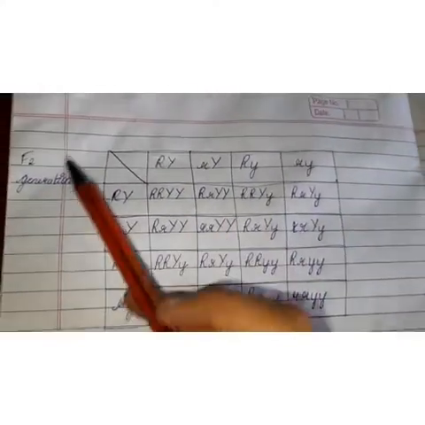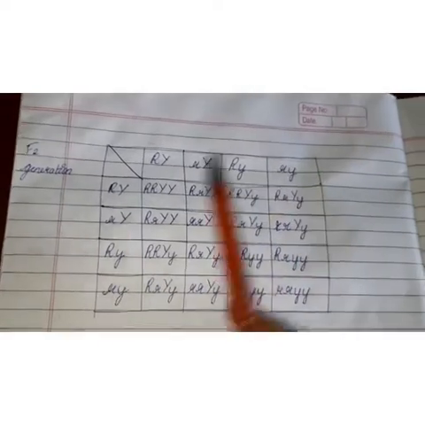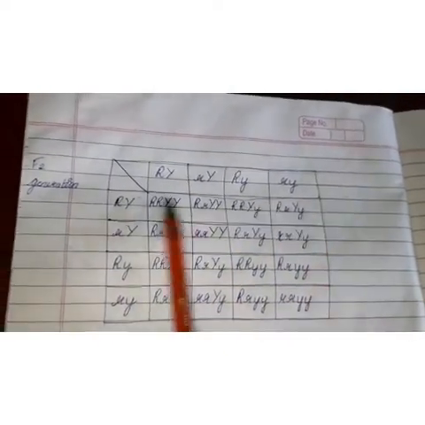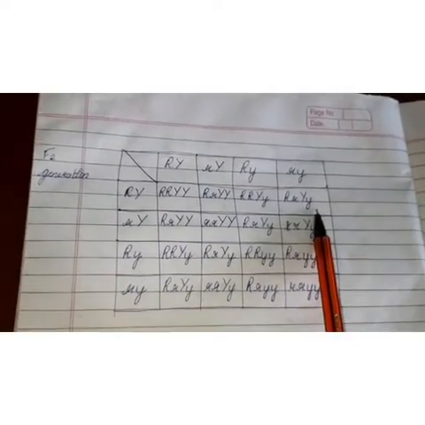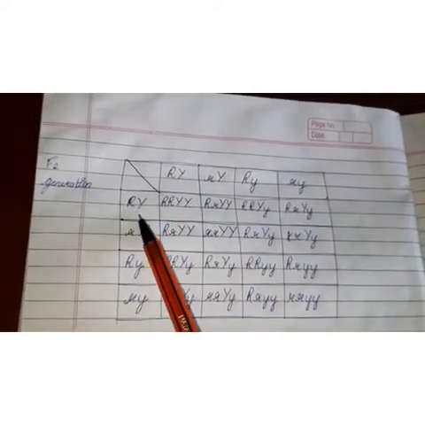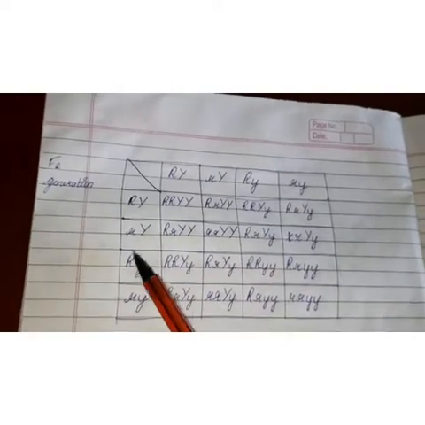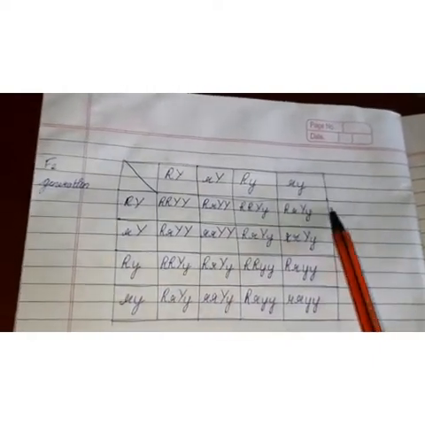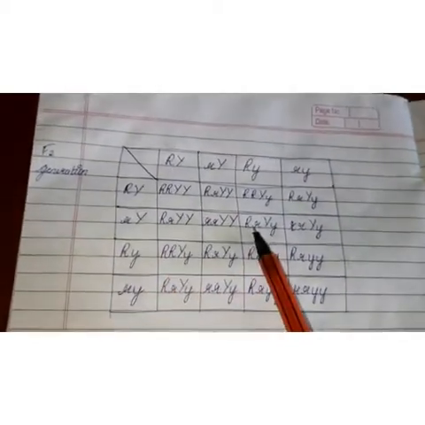Now we'll understand with the help of a Punnett square. These are the gametes that are produced by, say, the male, and these are the gametes that are produced by the female. So with the help of a Punnett square, we can determine the genotype or phenotype of the F2 generation very easily. As we have studied earlier how to prepare a Punnett square, the same is the case with the dihybrid cross. The only difference is that instead of one trait, that is height, we have considered two traits, that is seed color and seed shape.